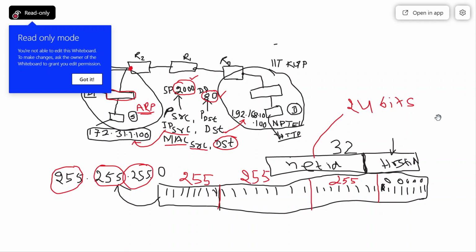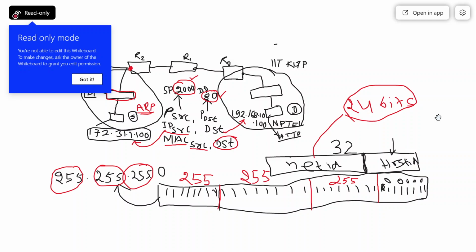So this is how your computer will come to know: if you are having a destination IP address, take its 24 bits and compare them with your source IP address. Take the 24 bits of the source address, take the 24 bits of the destination address, and compare both. If both are the same, that means both have the same net ID, and both belong to the same network.